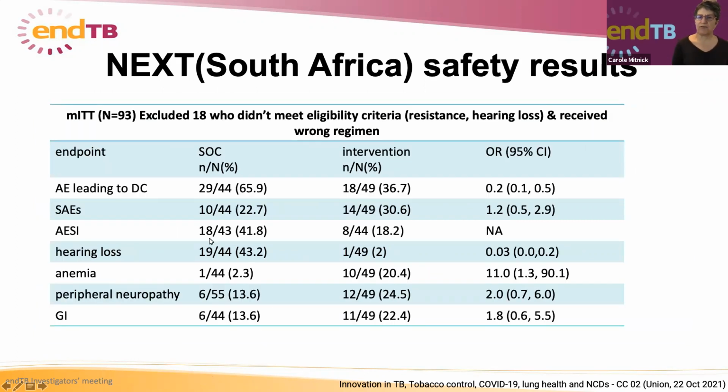Just drilling down a little bit further on the toxicity outcomes, again, you can see that discontinuation due to adverse events was really an important factor in both arms in the study, though more important in the standard of care arm. It's noteworthy that both of these regimens used many of the so-called old drugs, which are known to have important toxicity and tolerability issues. I also just want to make the point that the comparator, and I'm going to go